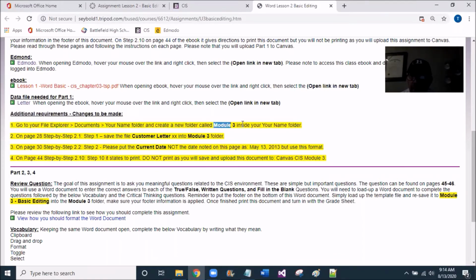You've already got a module 3 folder inside your documents. In step 2.1, it tells you to save it somewhere else in the ebook, but I'm telling you to save this inside your module 3 folder, which we'll do in the beginning. Then on step 2.2, which is on page 30, I want you to put the current date on this